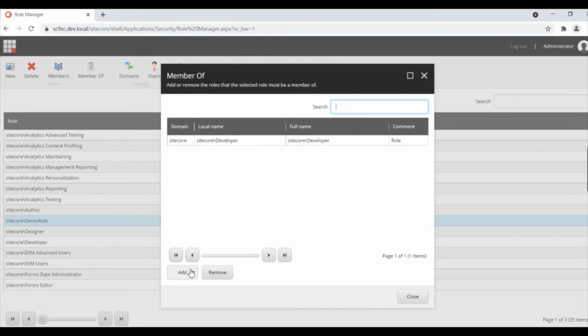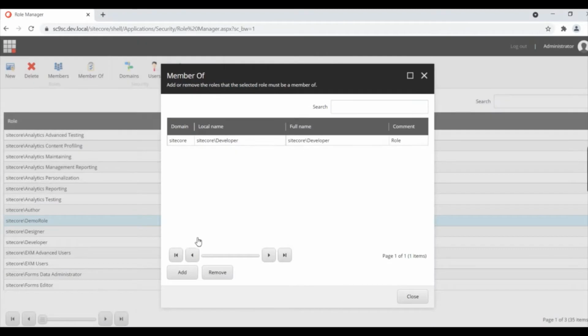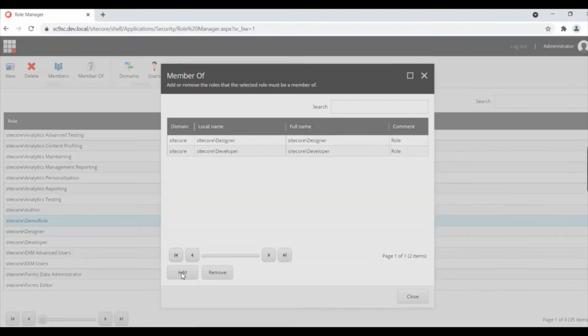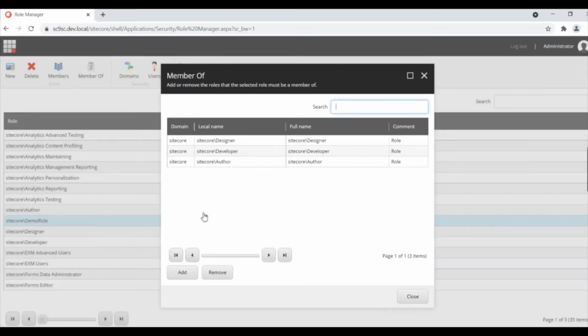I'm selecting designer as well, and I'm selecting the existing Sitecore role, Sitecore author, as well. So I created a role. I have selected sub roles, that is access level roles: designer, developer, and author.